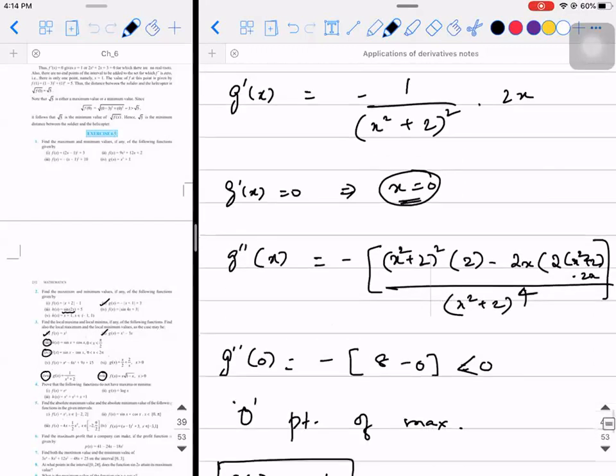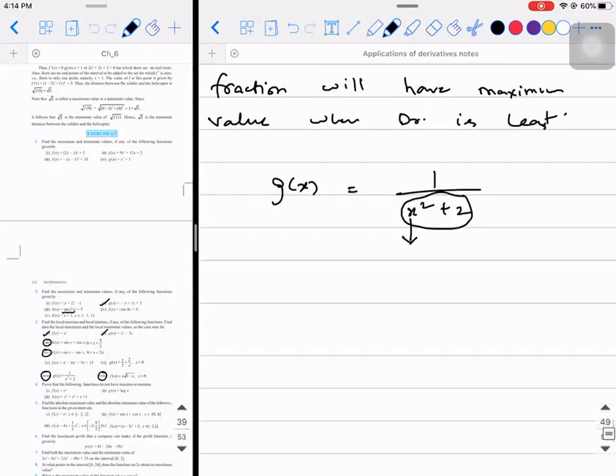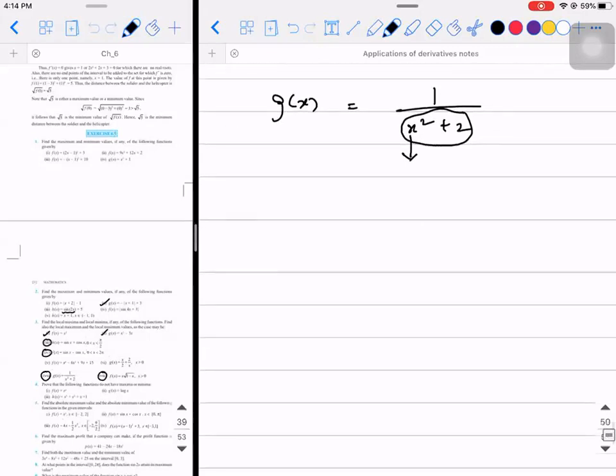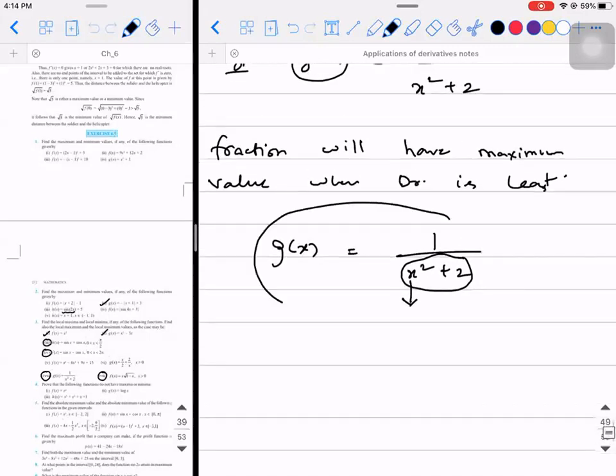So even without applying differentiation, you can say, but again, only for your knowledge purpose, in the exam, you're supposed to do the differentiation. So the least value a square can give you is 0. So 0 plus 2 is 2, giving half. So that will be the maximum value possible by this function. Okay. So I hope this logic is understood.